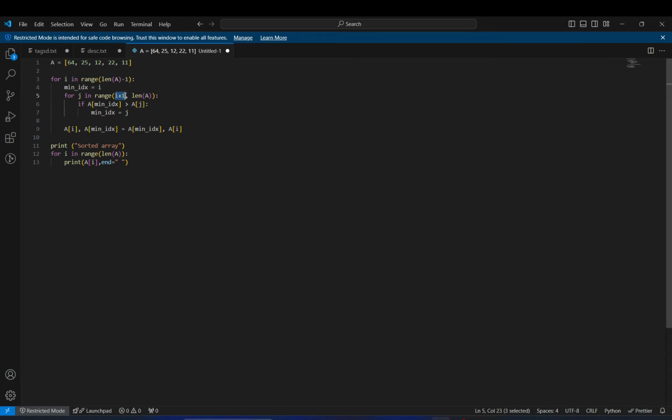We started from I plus 1 and we see if the minimum value is greater than the current a of j, so we will update j to be the minimum index. At last, we will swap ARR of I with ARR of minimum index.